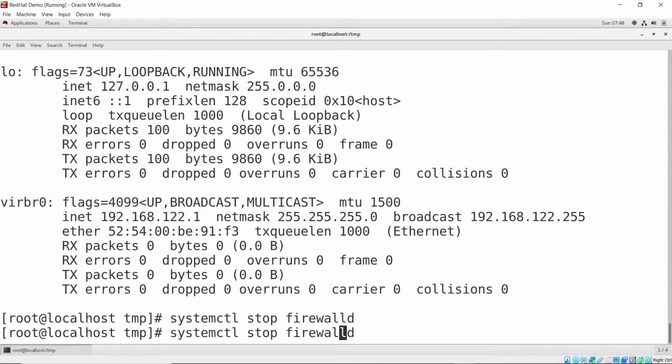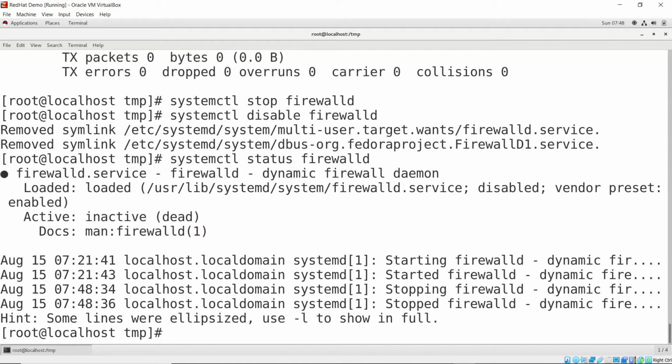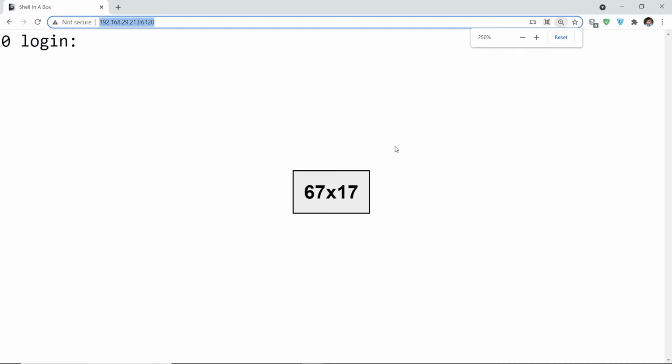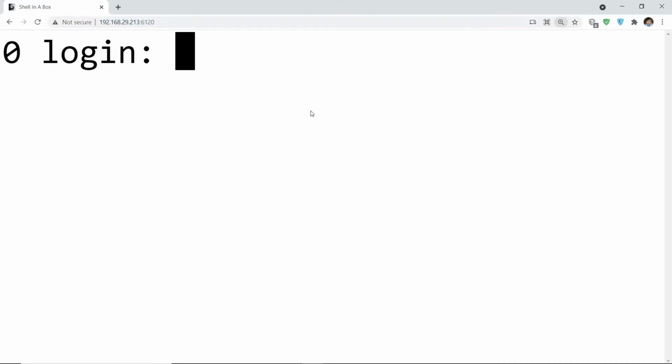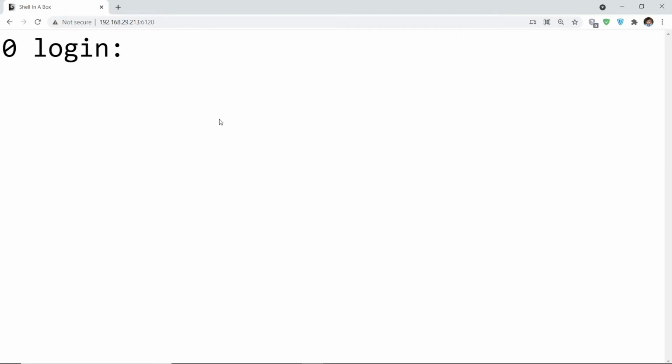Then we need to disable it. Let's run disable. Okay, and we are able to disable this. Let's check the status once, and you see it's saying inactive and dead. Okay, now let's move on to our Chrome browser. So here you see our Chrome browser is logged in, and I'll just zoom it in. Okay, so this is from our Chrome browser, and then let's click on connect.